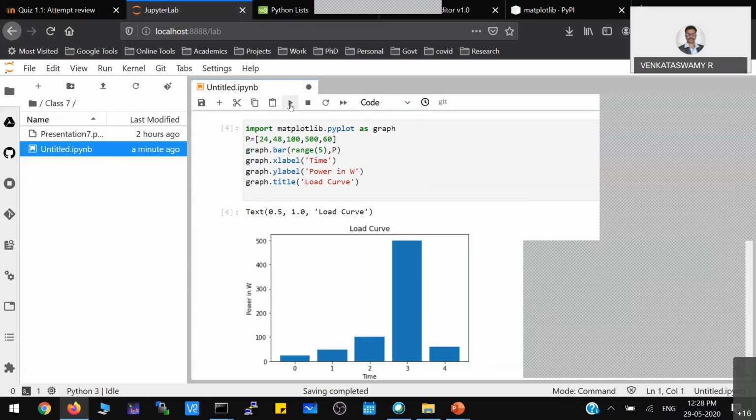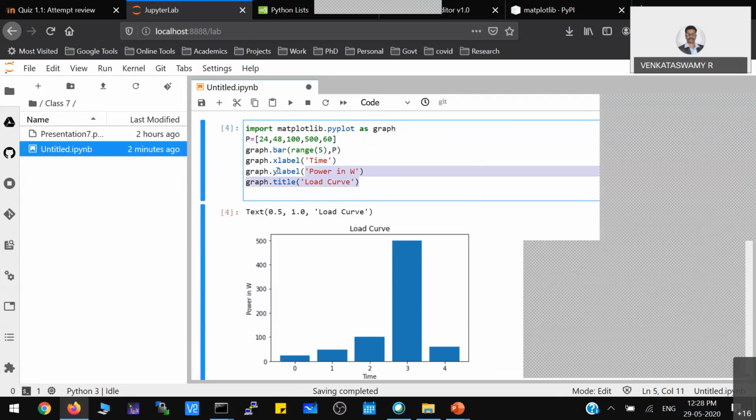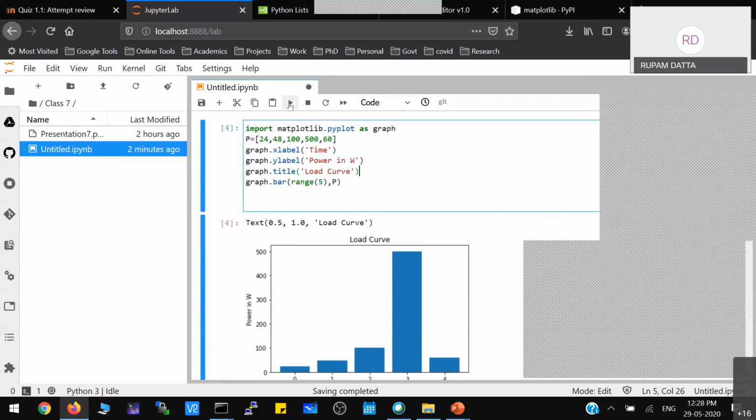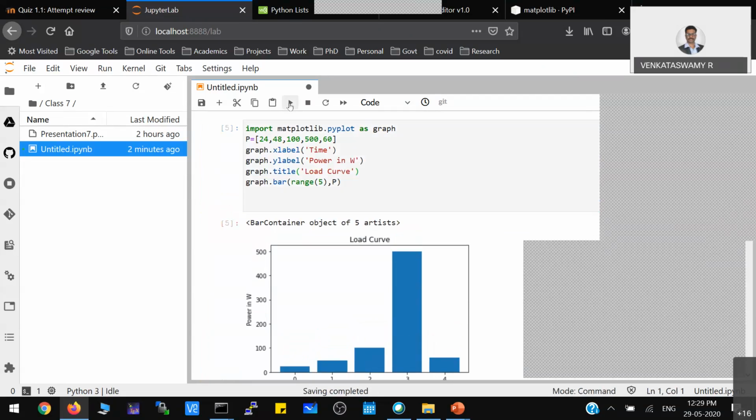Sir, for the graph.plot command you're giving, is it executing after all those commands, the X label and Y label? Yeah, very good. So how do you have to understand this? You're plotting a graph, then you are giving X label and Y label, correct? Yes, sir. What happens if you provide them at the beginning? It is basically an object. It has nothing to do with whether you are giving it before or after.